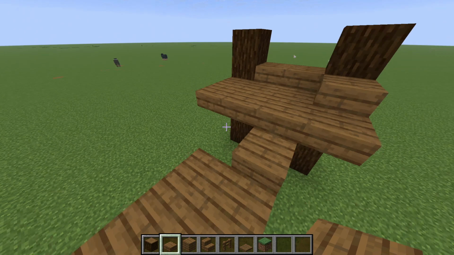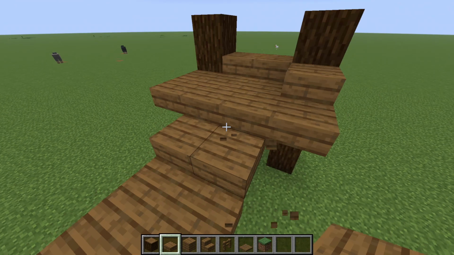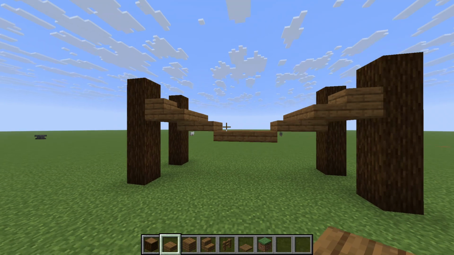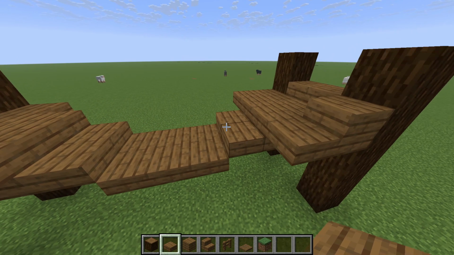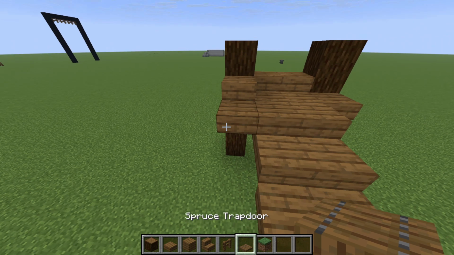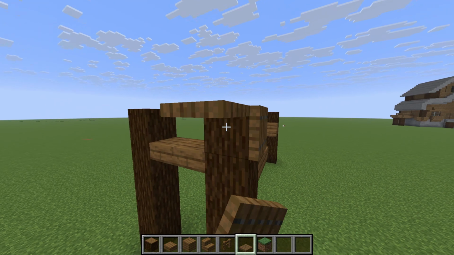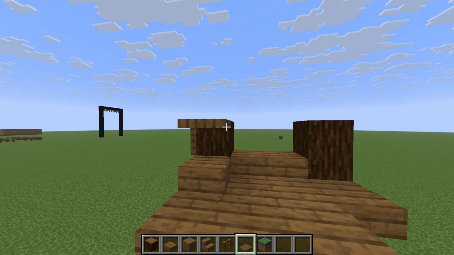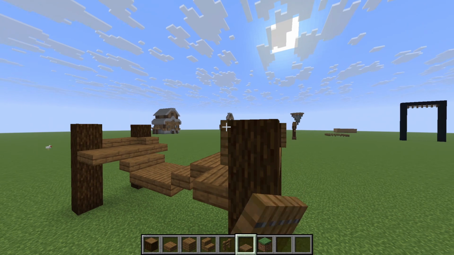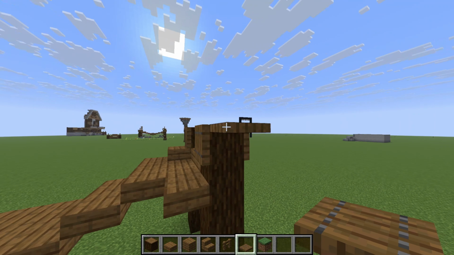There we go. I have the general shape of it. Oh my gosh, you hear that voice crack. I have the general shape of it. So I want to start adding some trapdoors here to flesh out the shape of it. So let's first go around these posts with the trapdoors,